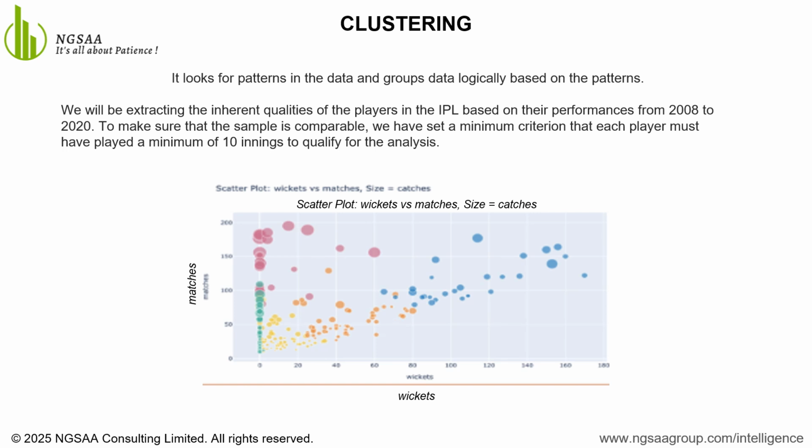2. All-rounders. Mid-range cluster in orange or pink. Moderate wickets and consistent match presence. Could be bowling all-rounders. 3. Low wicket takers. Left cluster in green or yellow. Either part-time bowlers or players with limited opportunities.